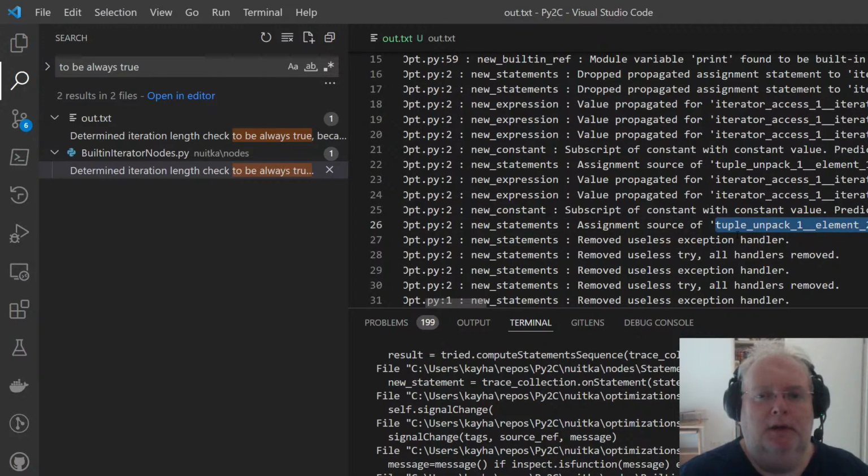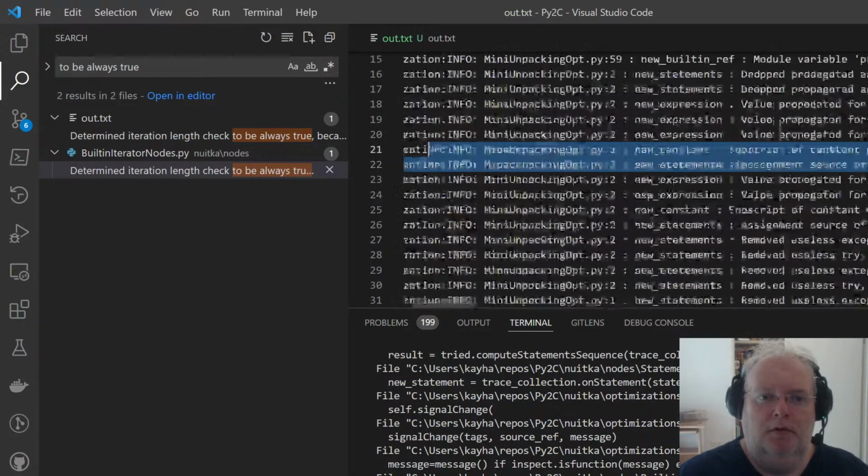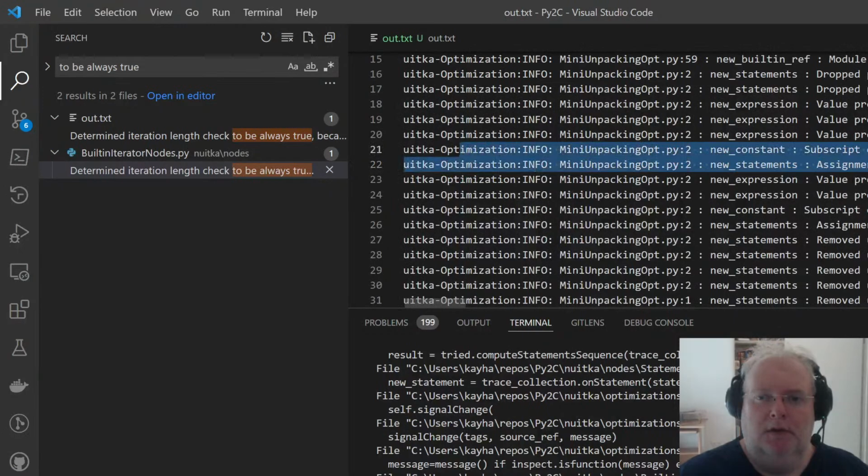Yeah, it kept the name, I think. Yeah, assignment statements don't. I think this is the assignment statement. These two belong together. They are the assignment statements for X temporary variable, Y temporary variable.